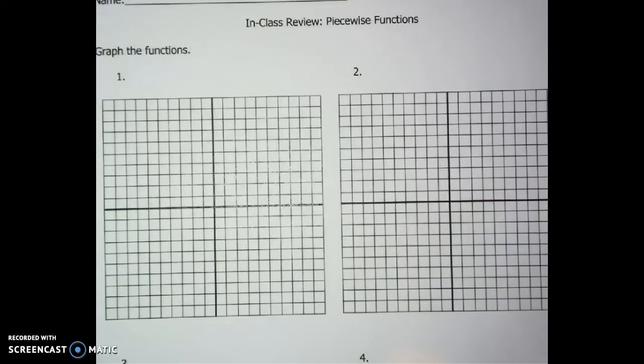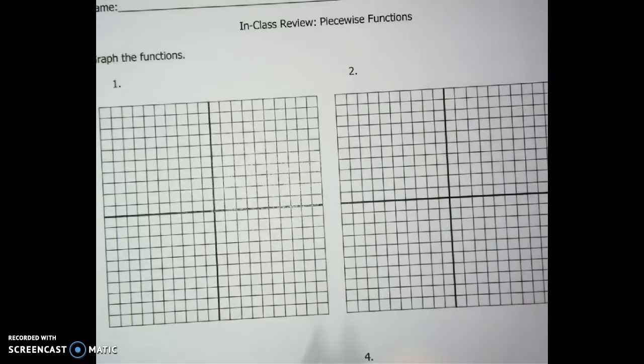Okay, today we are going to do 6 problems together to just get you ready for your quiz tomorrow. So first off, I know it says graph the functions and they're not there for you, but I'm going to write them in. So the first one